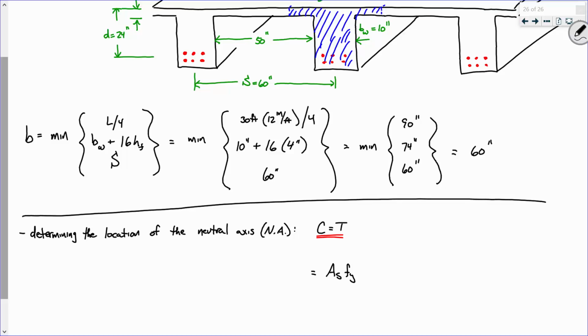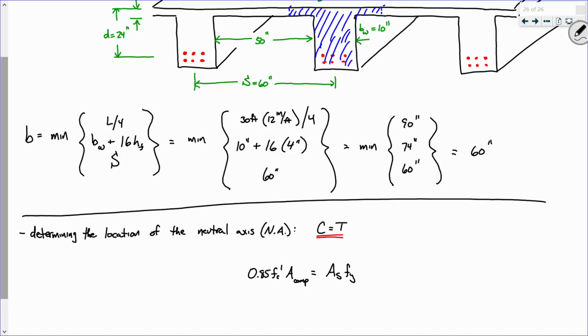Does everybody remember that? Now, here's the problem. We said 0.85 f'c times a b. What was a b? It was the area of that stress block, right? Now, that assumed the beam was a rectangle. It's not a rectangle anymore, right? So this is how I'm going to approach this. I'm going to say it's the stress, 0.85 f'c, times the area in compression. In other words, what I'm going to try and do is figure out how much of that concrete beam